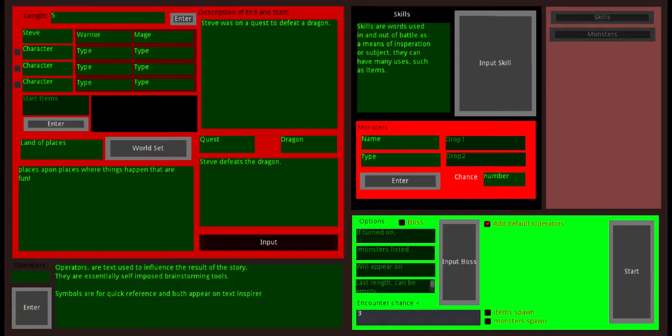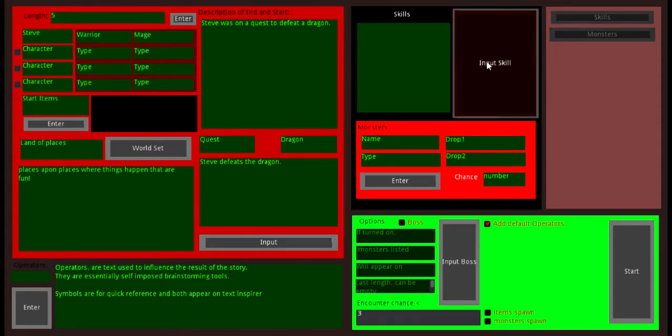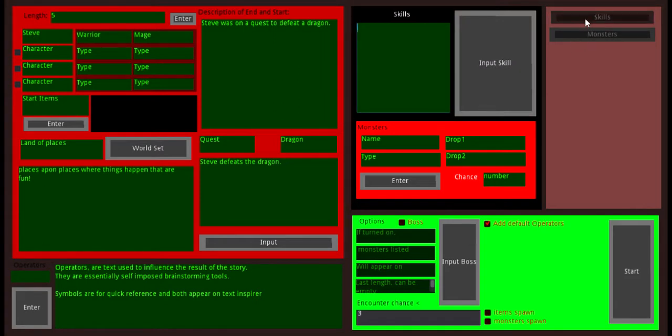We'll do this last because it's a little more complicated, but not. Skills, you can do, it's also paired with items. I'll show you how that works when we get to the battle system. But you could do stuff like fire, and you just put it in. You can see a list of what they are here. Monsters appear here, or skills when you press on it. So fire, water, lightning,